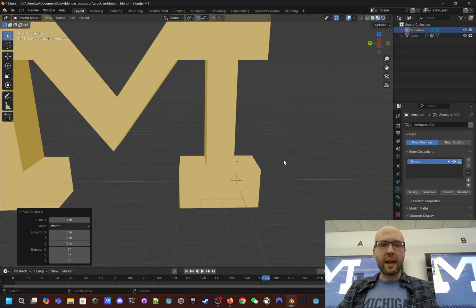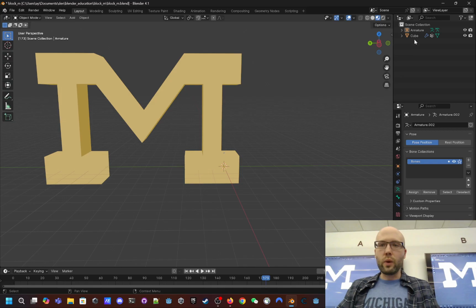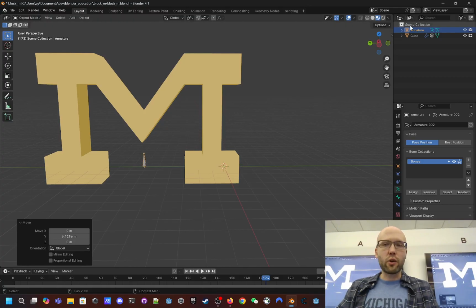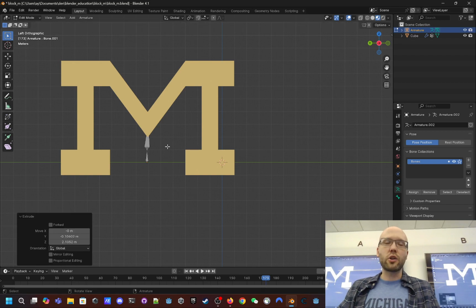Shift A, let's add an armature. And if you don't know what that is, we can kind of see it right here. It's this little bone structure. I'm going to grab it, bring it to the center of our block M, and extrude it up into the center of the object. We can't see it anymore. The block M's geometry is blocking our view of it. So I'm going to click in front, and then I can just build my skeleton just like this,